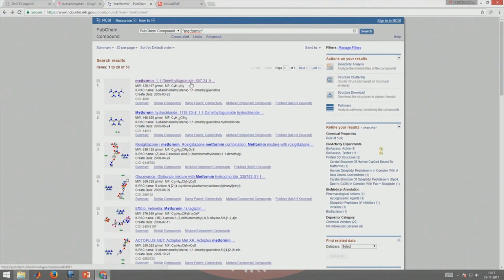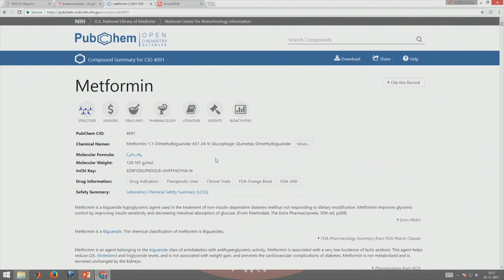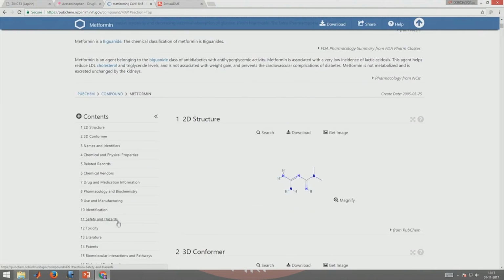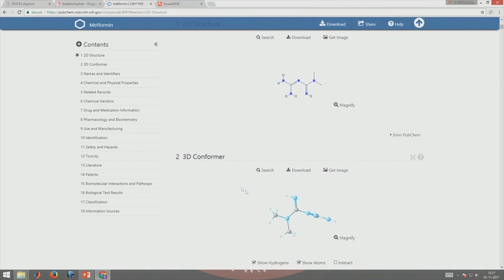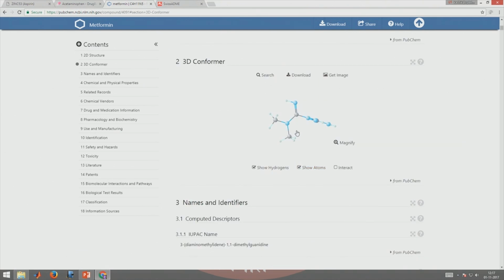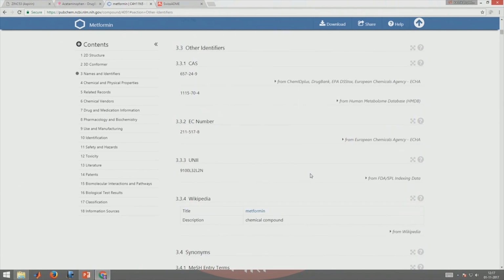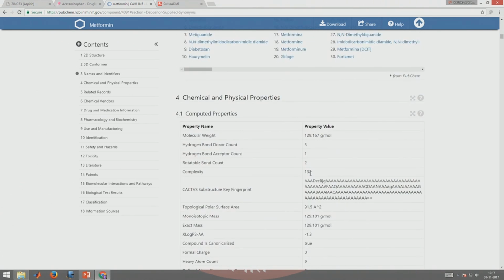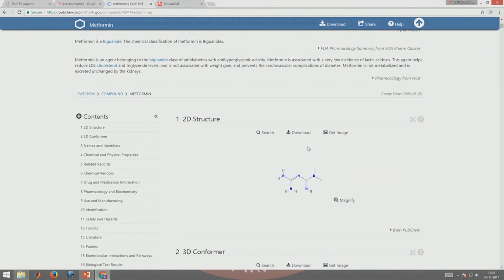For example, I typed Metformin here, so it gives you a molecular formula, okay. It is a biguanide, so it gives a lot of chemical details about it, okay. Then it gives you toxicity, we can click on this, so it can give you toxicity, safety, hazards, okay. Then it gives you a 3D conformation, okay. As you can see, again molecular weight, hydrogen bond donor count, it has got 3 hydrogen bond donors,